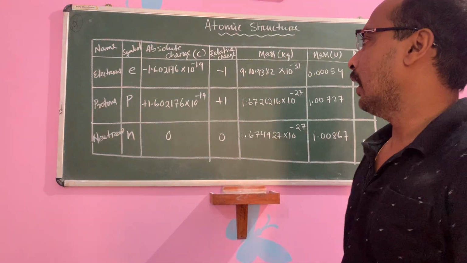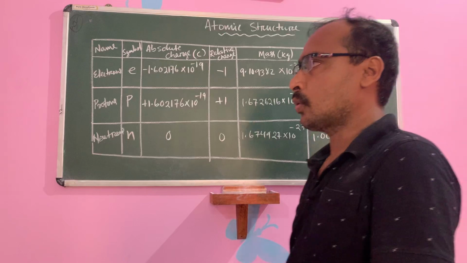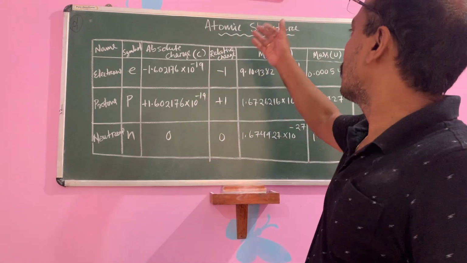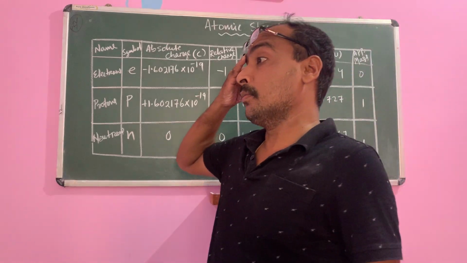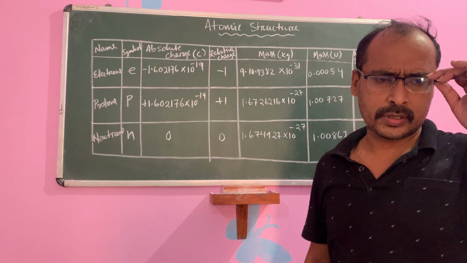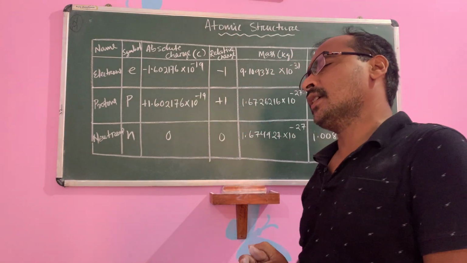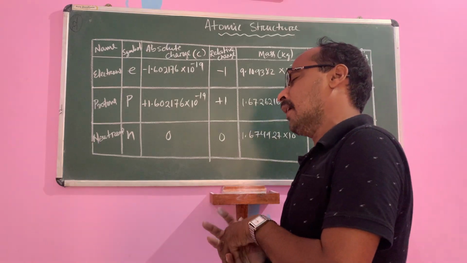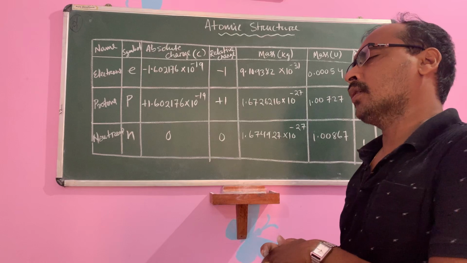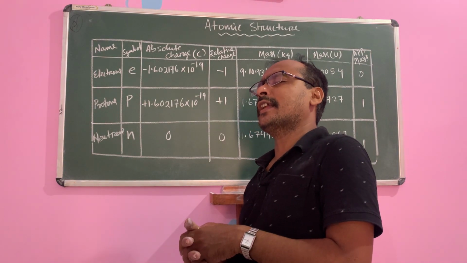So today we'll start our second lesson in chemistry, that is your part 1, atomic structure. Okay children? In atomic structure, some portion has been completed by the CBSE. These portions are the discovery of electrons. Children, you know in previous classes you already read about the discovery of electrons by J.J. Thomson. Then the proton, then the neutron. Proton by Rutherford.